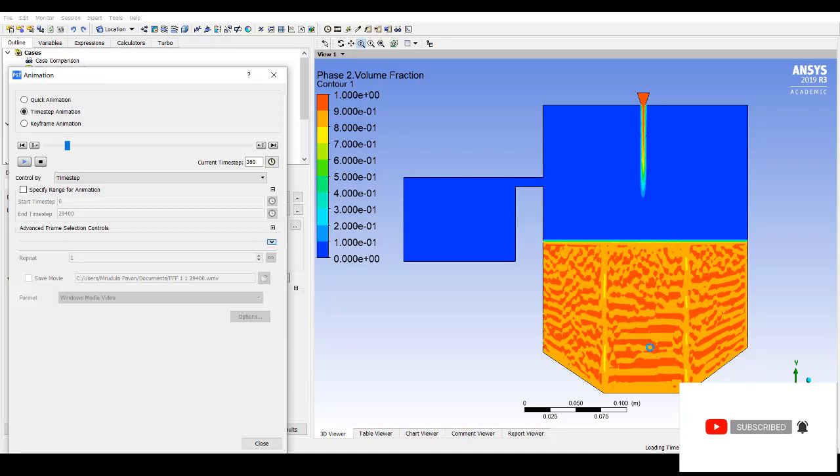This variation here is because there are nanoparticles which are moving here and there due to the kinetic energy. That's the reason why you are getting different volume fractions there. As I've stated, the nanoparticles plus water which is present here is now interacting with the pure water, and now the phase fraction is getting different.